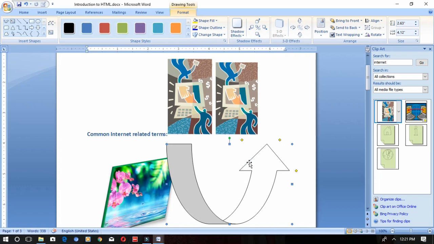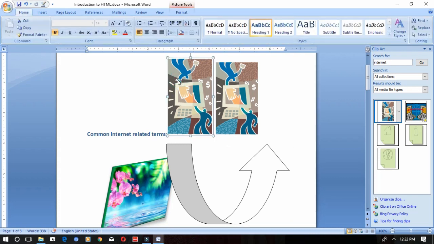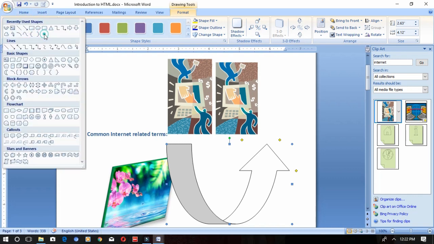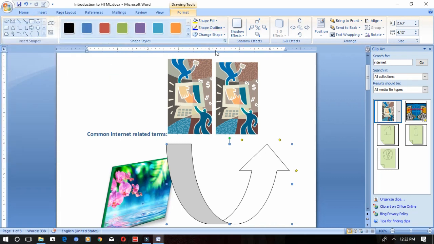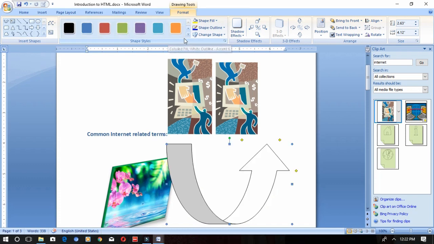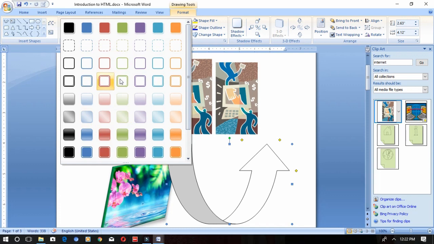See here, when you insert shapes, you will see the drawing tools format tab. Only if you select that particular shape, it will be visible. For pictures, the picture tools format tab. For shapes, the drawing tools format tab. Okay, so if you want more shapes to be inserted, that is possible using this insert shapes group. And next is shape styles. In the picture tools format tab, we had picture styles. We have here shape styles, shape fill, shape outline, and change shape. Okay, so here you can change any of the styles.